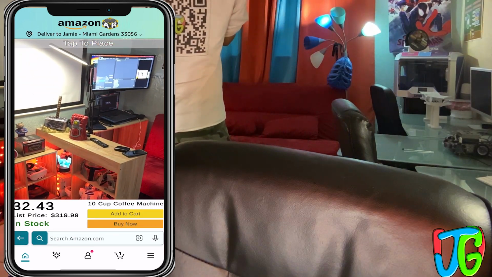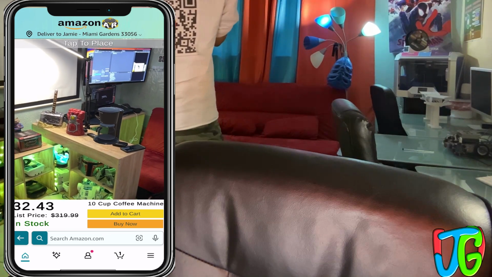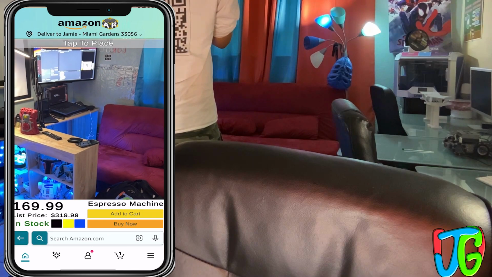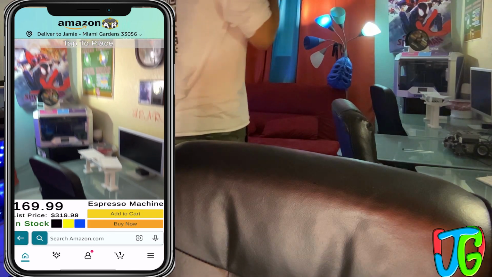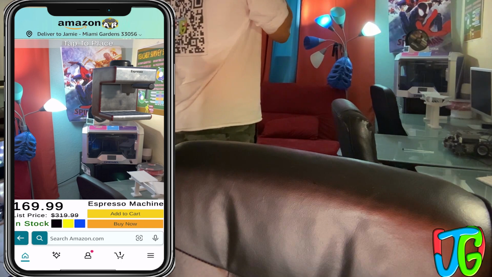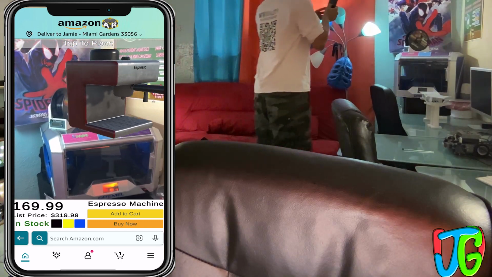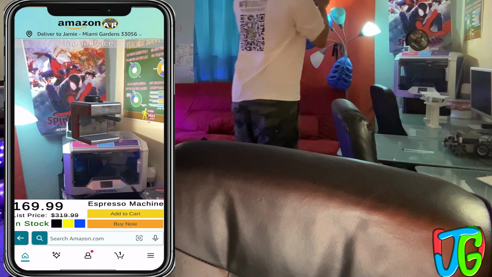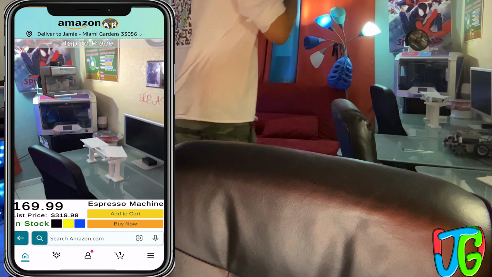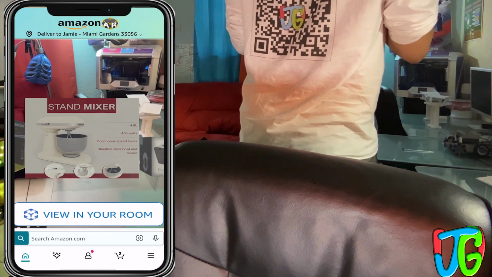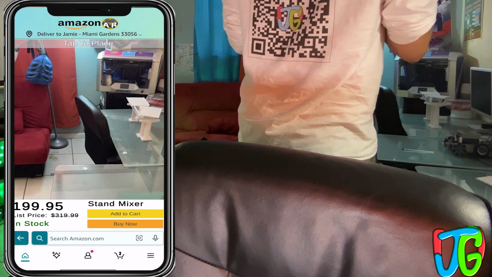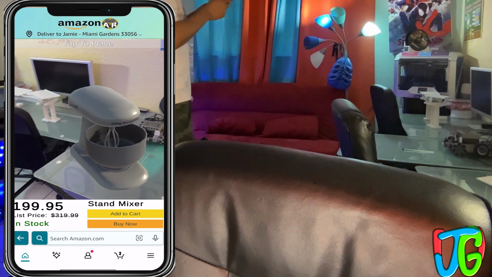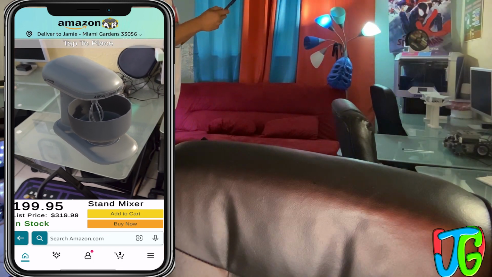Let's check out some other items that we can add. What else do we have? An espresso machine for $169. I can place it up there and then reposition it. Maybe I want it right on top of my 3D printer. Let's check out some other stuff. What about this stand mixer? It's on sale, $199 instead of $319. And just to see how big it is, if I placed it here on my table,